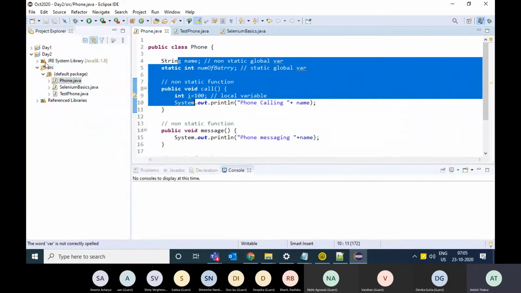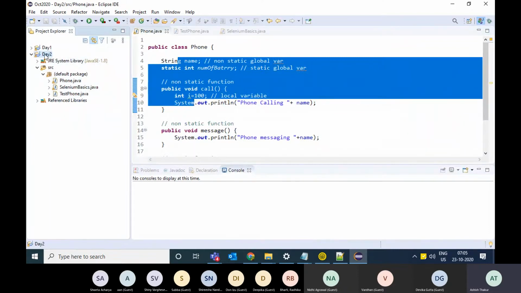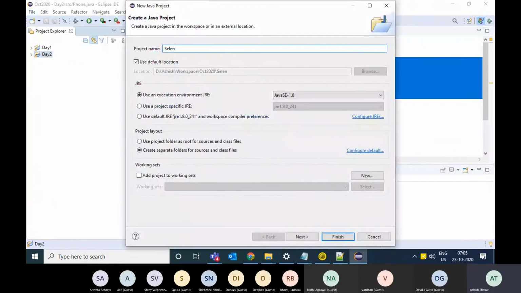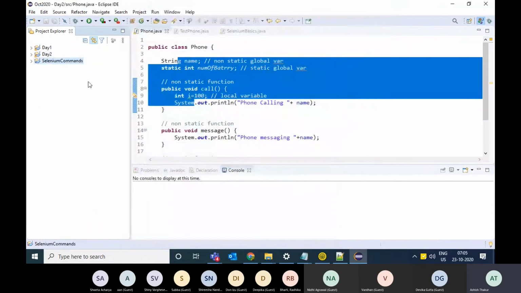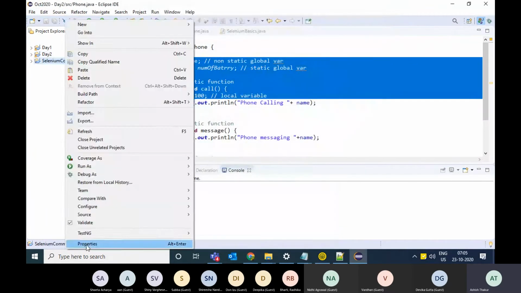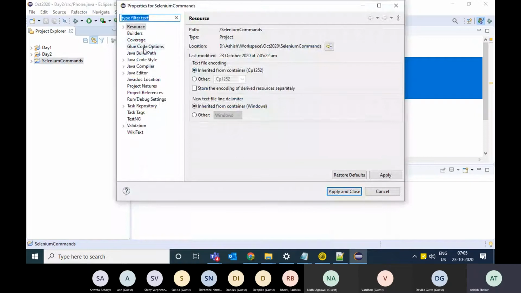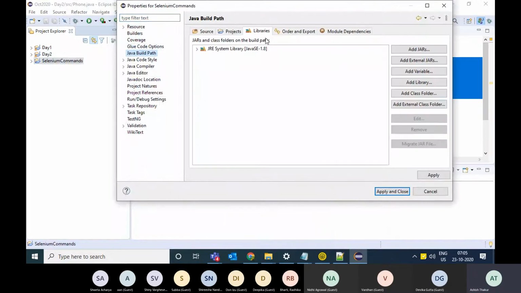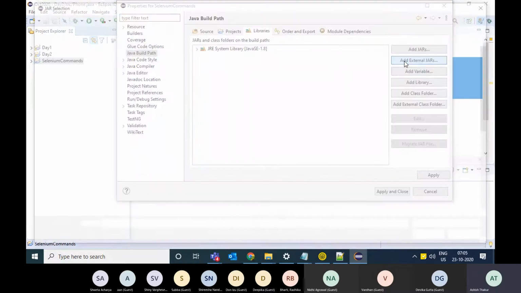What I mean to say is that I'll continue in day 2, or what I'll do is that I'll make a new Java project known as Selenium commands, and I'll add the jar files in this project. So instead of making a new project every day, I'll just use one project.